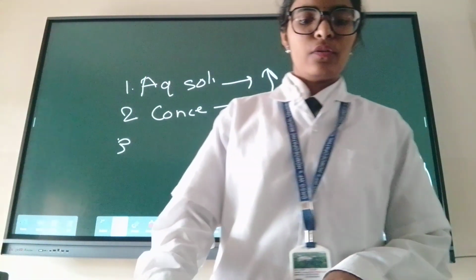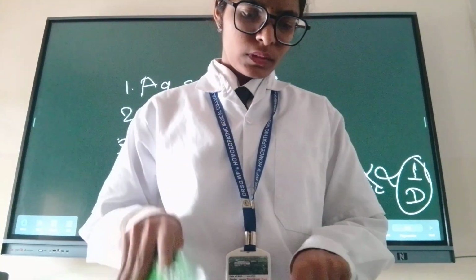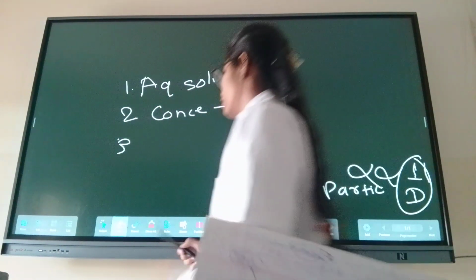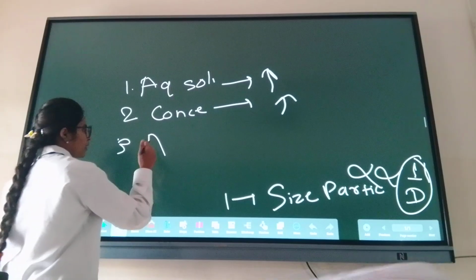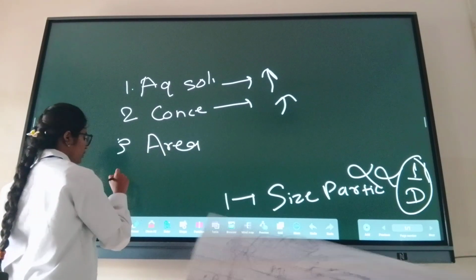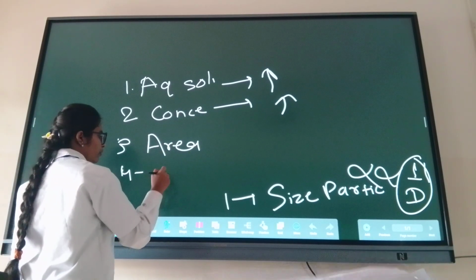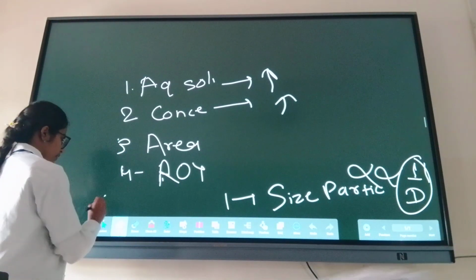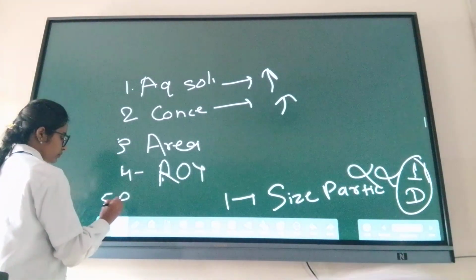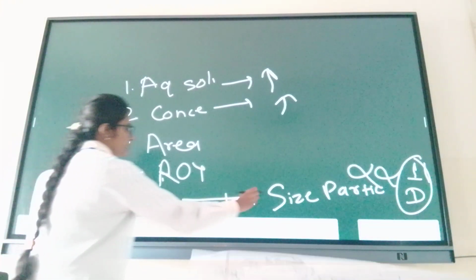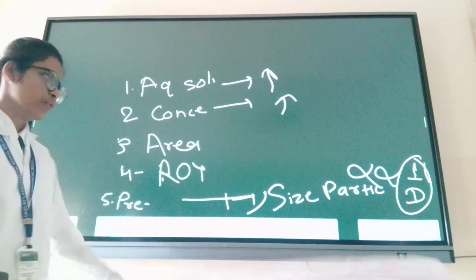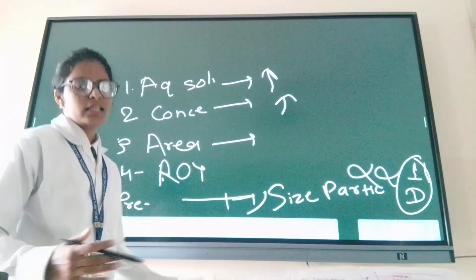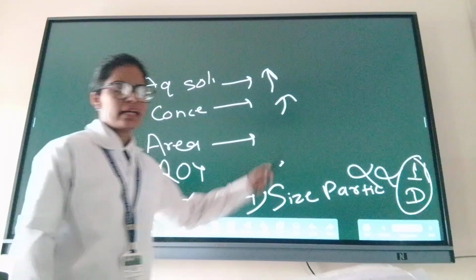And these all are directly proportional and some more are there. But important, I have to concentrate on pH and ionization. There is area and route of administration. The presence of food is also inversely proportional, like size of particle. But the others are all directly proportional. The more the surface area, the more will be the absorption. This is also directly proportional.